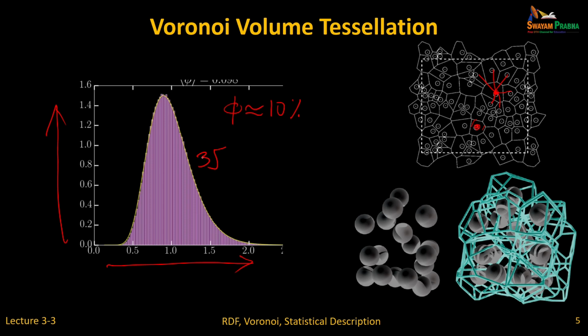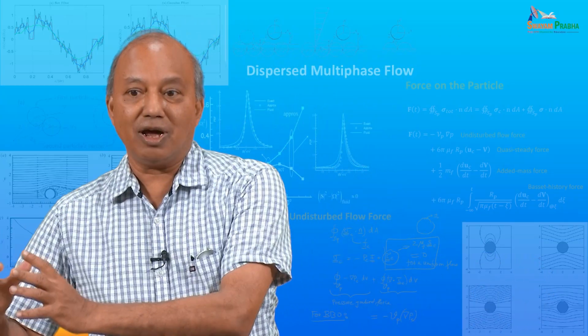I say go first calculate Voronoi volume fraction. If you calculate Voronoi volume and you draw the plot, the histogram, and if it fits 3 gamma, it's uniform random. If it is clustered, in other words, some volumes are closer, some volumes are big, you will get a Voronoi volume fraction which will look like this, broader. Probability of tiny volumes, very large volumes